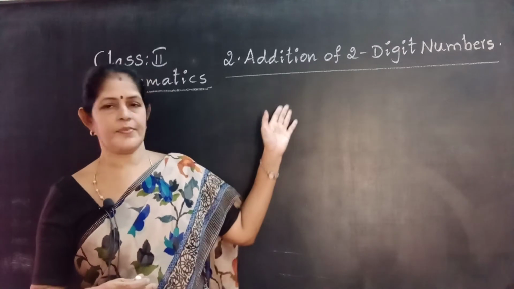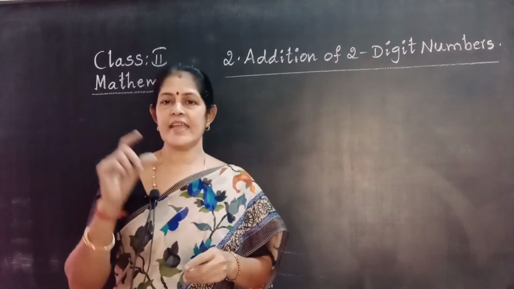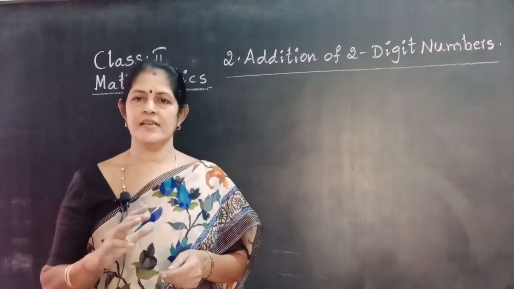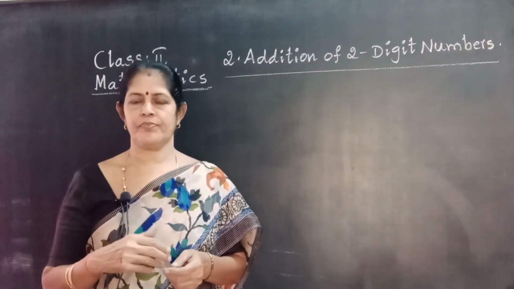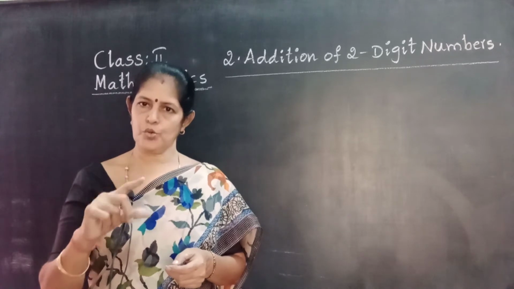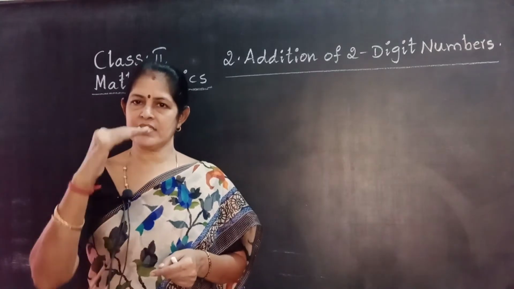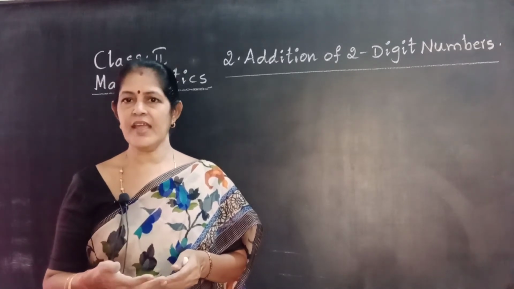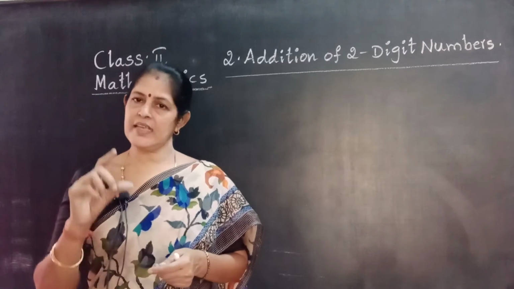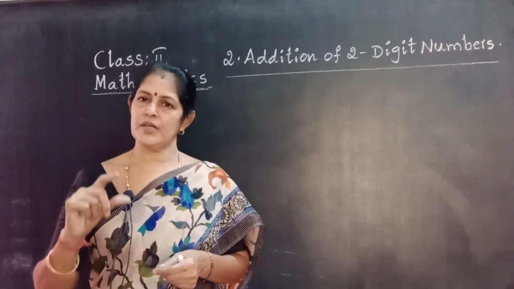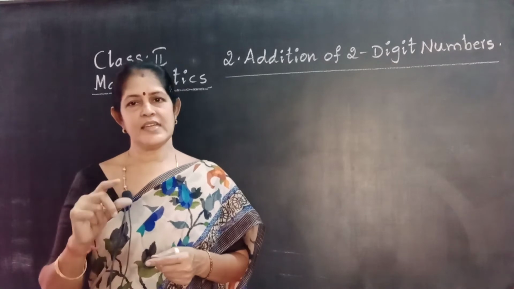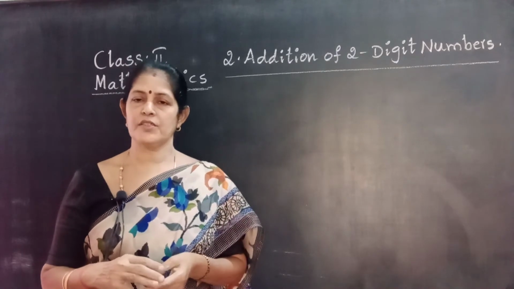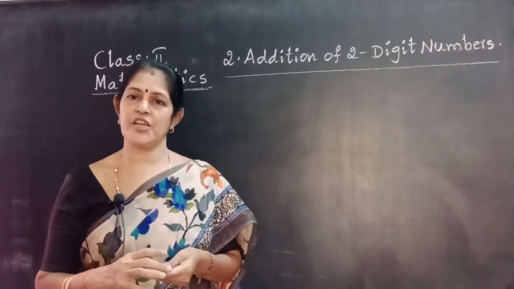In this chapter, you already learned single digit numbers 2 lines and single digit numbers 3 lines without regrouping. Then 2 digit numbers 2 lines and 2 digit numbers 3 lines addition, also without regrouping. Next one is with regrouping: single digit numbers 2 lines, 2 digit numbers 2 lines, 2 digit numbers 3 lines. Before going to revision, we are going to recall addition facts once again.